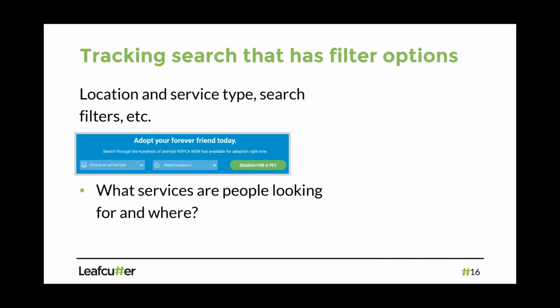And again, I like to capture a bit more information about how people search, if they're filtering, what filter options they use, and what results are returned. So a big one would be, okay, people are looking for these services in this location, but we don't have any availability for a service in that location. So it might highlight a gap where there might be demand, but we're not seeing that demand very clearly, but through the search function on our website, maybe it does expose it. So you can use that information outside of just a marketing or fundraising context, and that might go to a service delivery context.